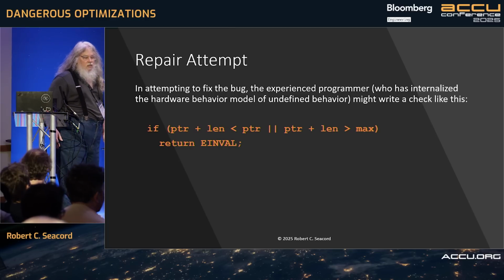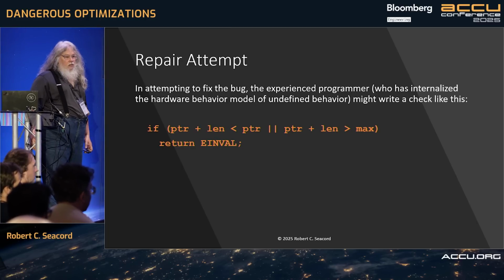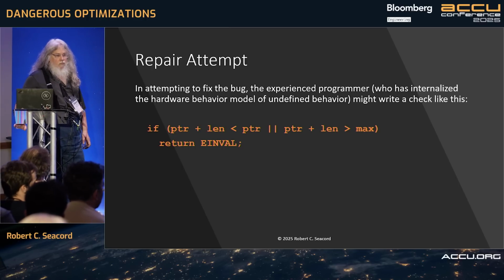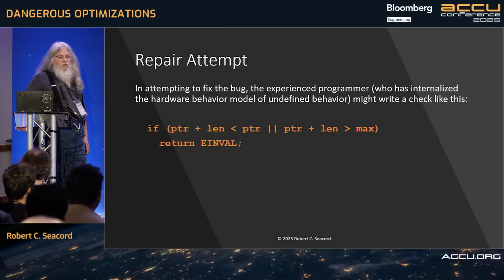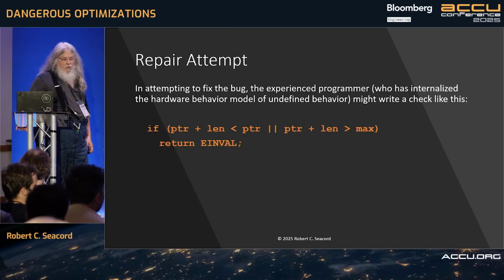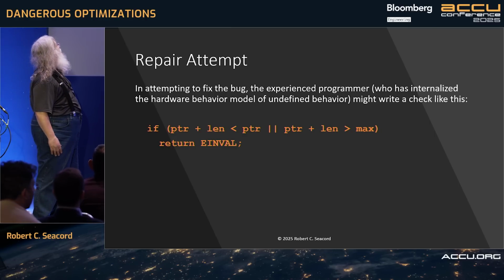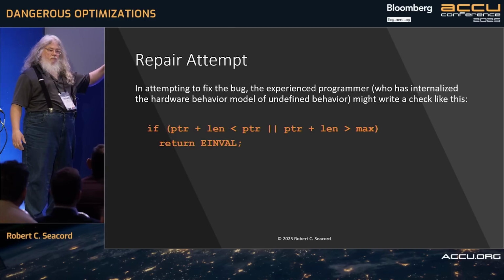Yeah, sir. Repeat the answer to the microphone, please. Surely pointer plus len will be undefined behavior if the result is beyond the end of the array. Right. That's absolutely true. So it's completely irrelevant about anything else. The minute you write pointer plus len, if len is too big, you're beyond the end of the array. So yeah, it's UB if it's outside the bounds.